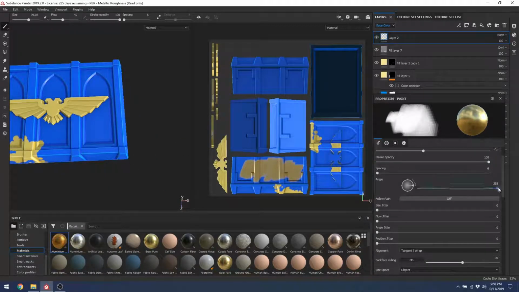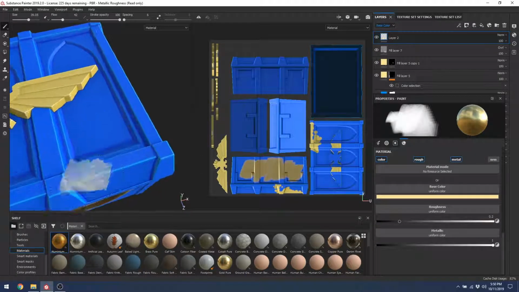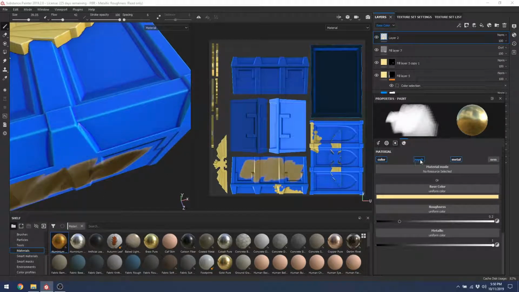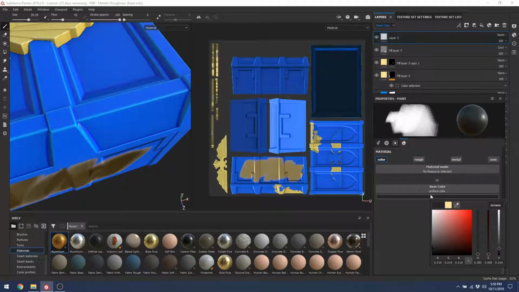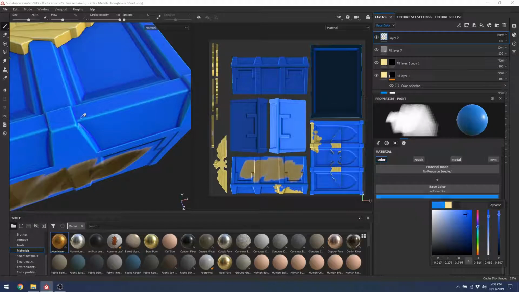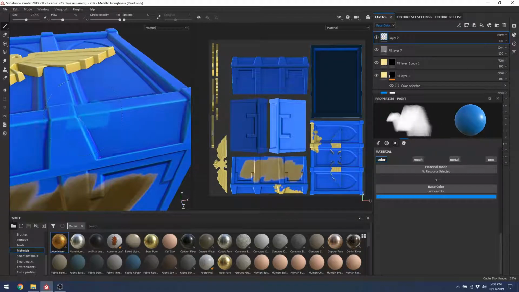But again, you can go back down and decide that I only want to influence the paint. I want to paint some fun edge highlights, so I'm going to turn off roughness, metalness. I'm only going to affect the color. Color pick, hold down color pick for some reason. Choose that edge color. Go up. I'm going to turn down my brush size. I'm just going to noodle away at this for a little while because that's the fun of it,